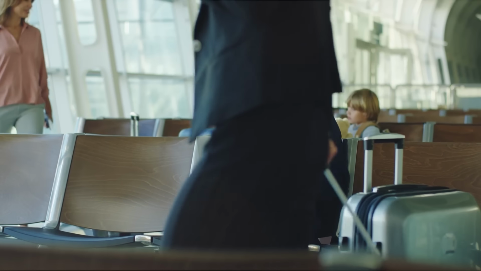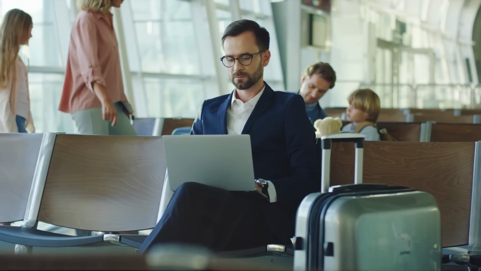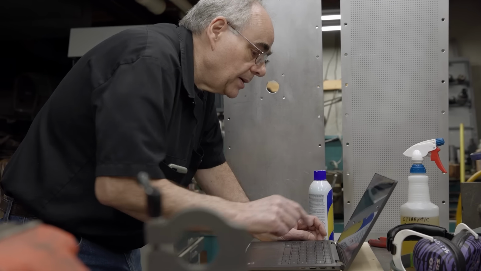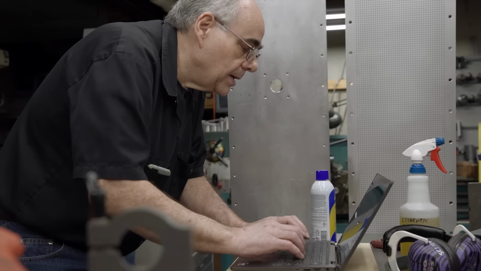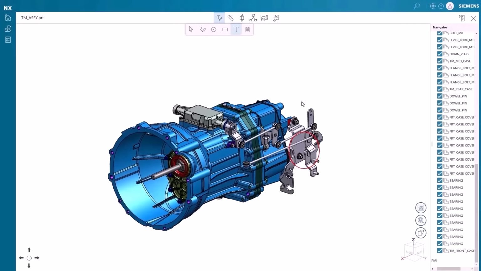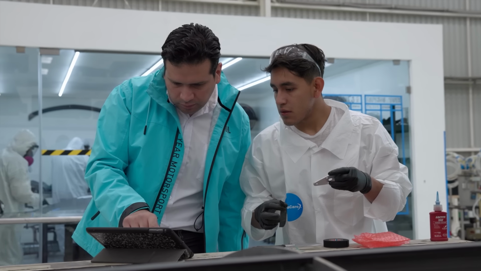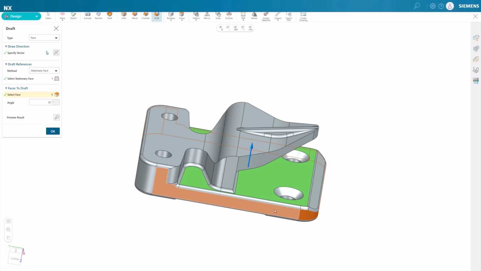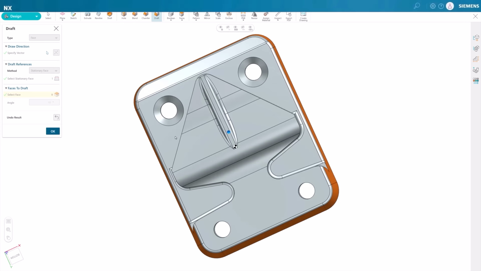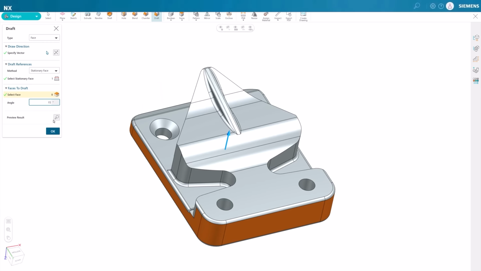So imagine this, you're flying to a customer meeting, polishing design changes on your MacBook before you land. A production lead catches an issue on the floor and makes a quick tweak to the fixture model, no waiting on engineering. A manager reviews a proposal, marks up feedback in real time, and shares it back instantly. A supplier securely accesses your design, checks critical dimensions, and identifies manufacturability issues early, reducing lead times and avoiding rework.